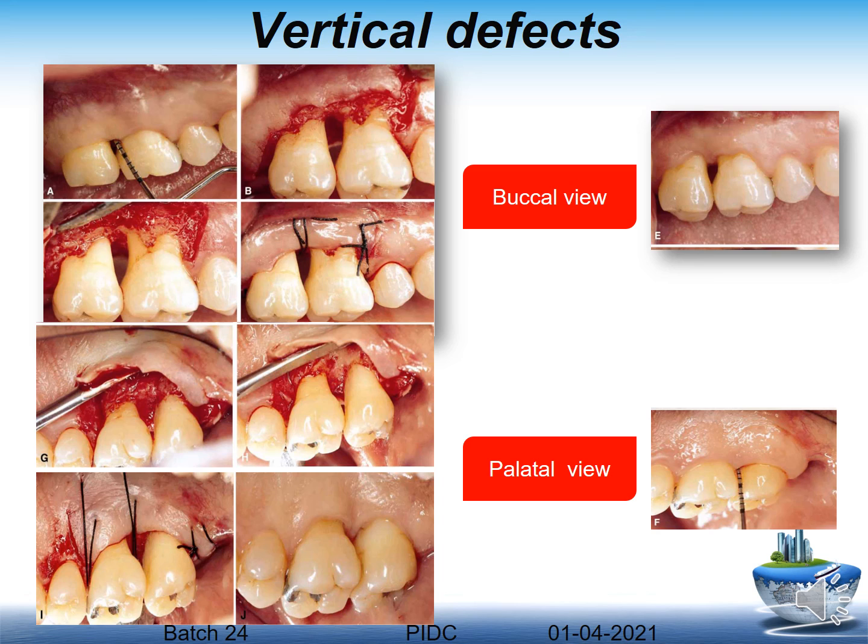So again, to give you a broad view, I have a defect of around 3 to 4 mm, and you can see the defect like this. The bony contours are irregular. I go in for procedures of osseous recontouring, and I make it adapted to the surface so that it is self-cleansable for the patient. And the post-operative view, this is on the palatal aspect, the same thing on the palatal aspect.